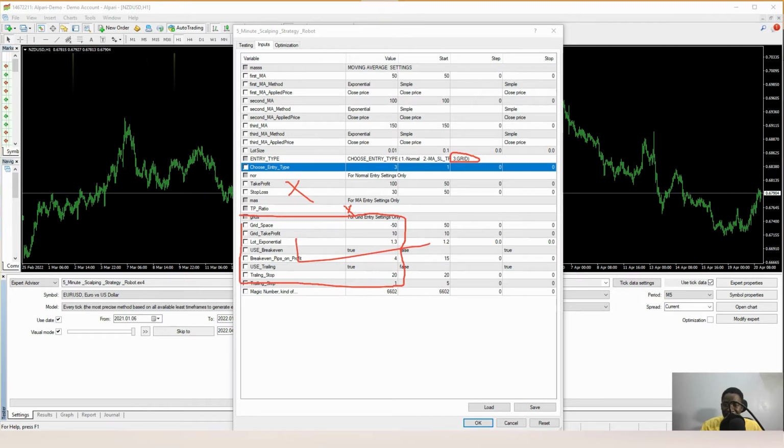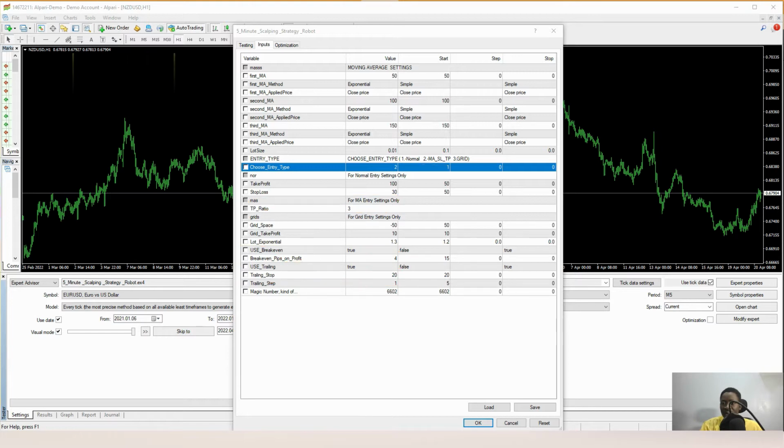And don't forget, anytime you choose this 1 normal, let's assume you choose this entry to be 1, it means it's going to be using these settings. It will use these settings and these settings. You understand? And let's assume you change this to 2. It means it's using this. I'm just trying to explain again so you understand. It's using this, then it's using this here, and it's using this here. So I hope you understand how it works now.